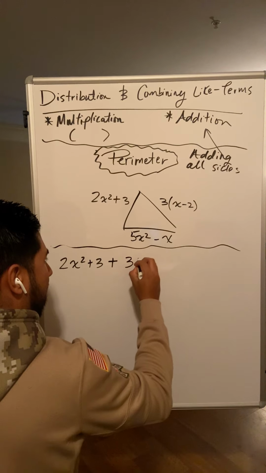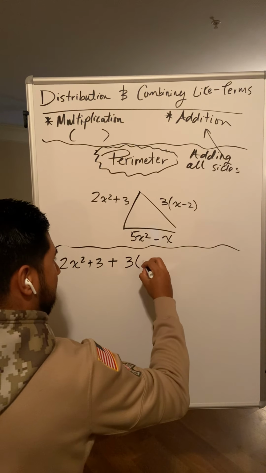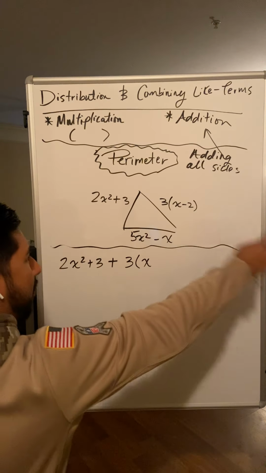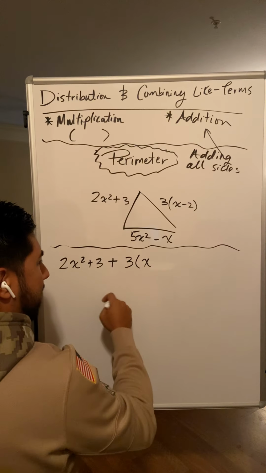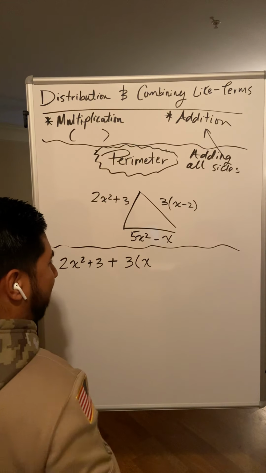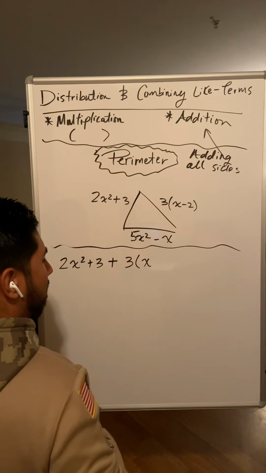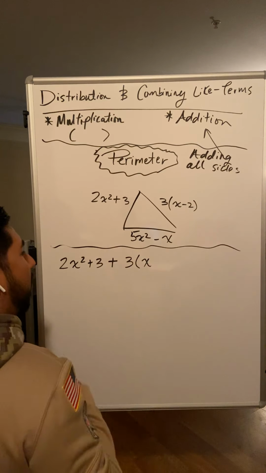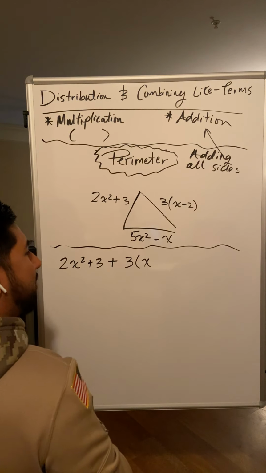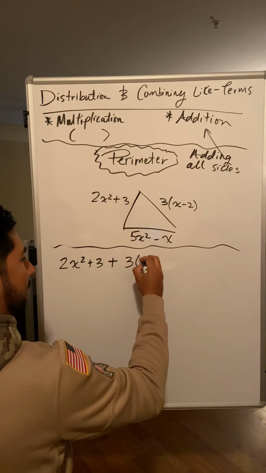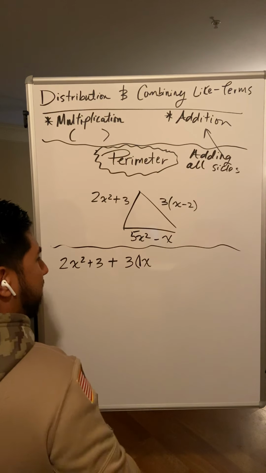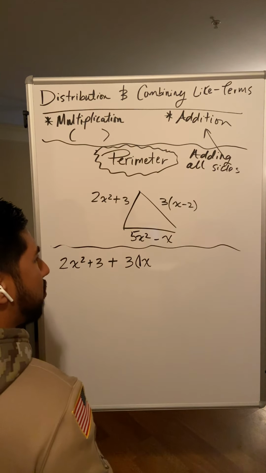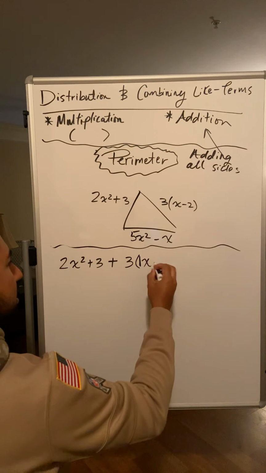I got 3 parentheses x. Before I move on, this x, I need a number right in front of it. Hopefully you remember from the first video. Not the first video for today, but from before. What number should I put in front of this x? It's an imaginary 1, so make sure you always put that imaginary 1 so I don't get confused. Let's go on. Minus 2